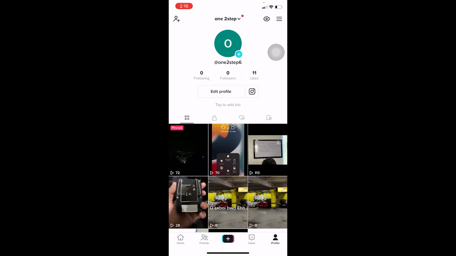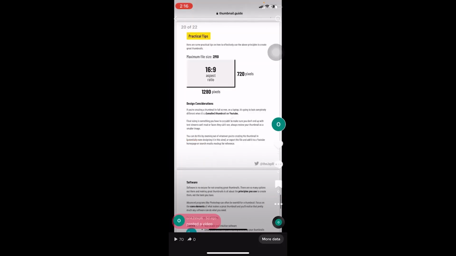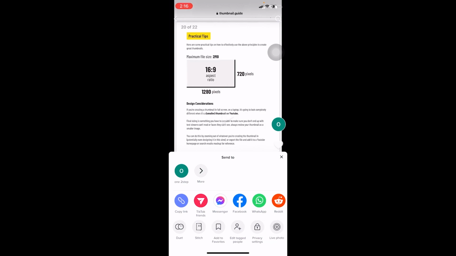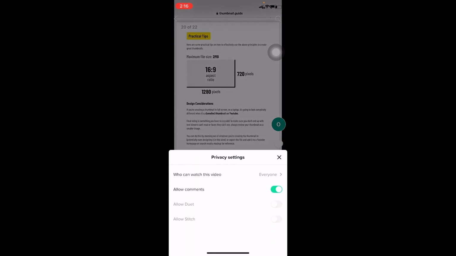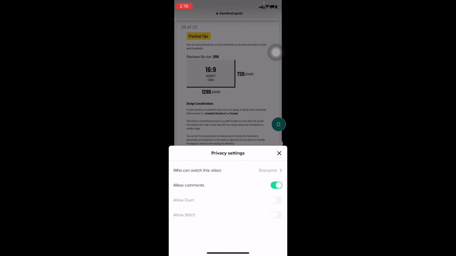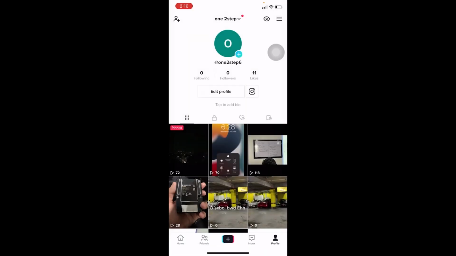And the other way to check it is to click on the video, click on the 3 dots, scroll at the side and click on Privacy settings. And on privacy settings, where it says who can watch the video, if it is set on everyone, it's good, but if it's set on only me, then your video can only be watched by you. So come over here and make sure your video is on everyone and your video should start getting more views,